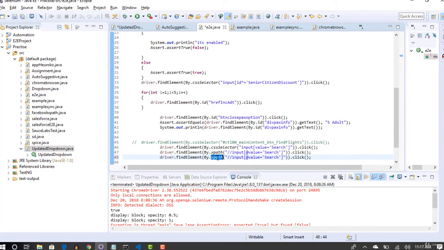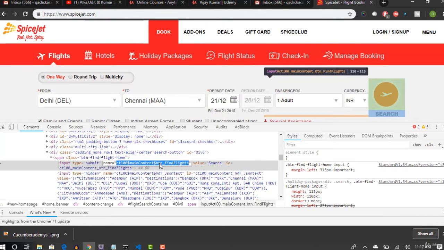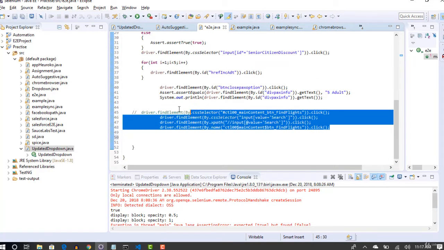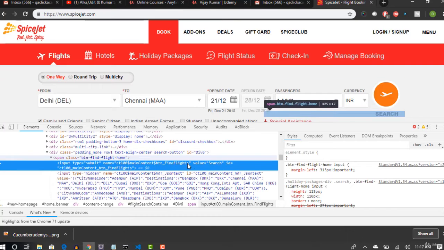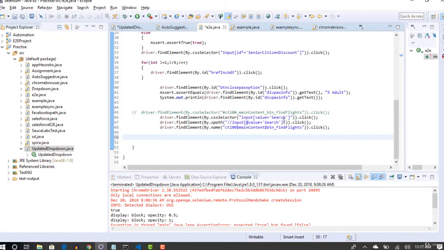There is a name locator as well, right? You can simply put by dot name and use this. It also works. See, totally we have written 4 ways to handle this, and you can also use by dot ID, which is obvious. So it's up to you to select the right one.